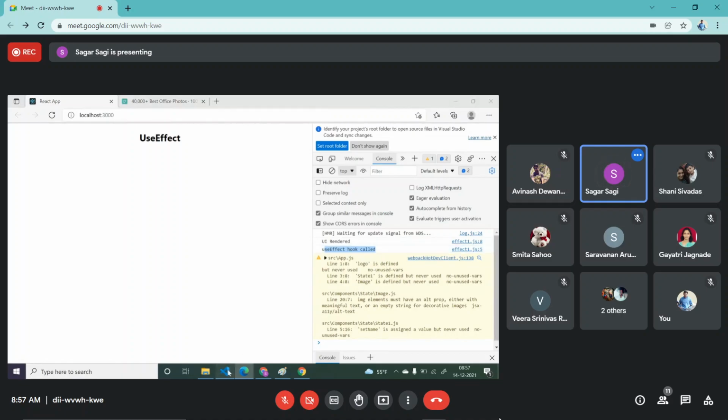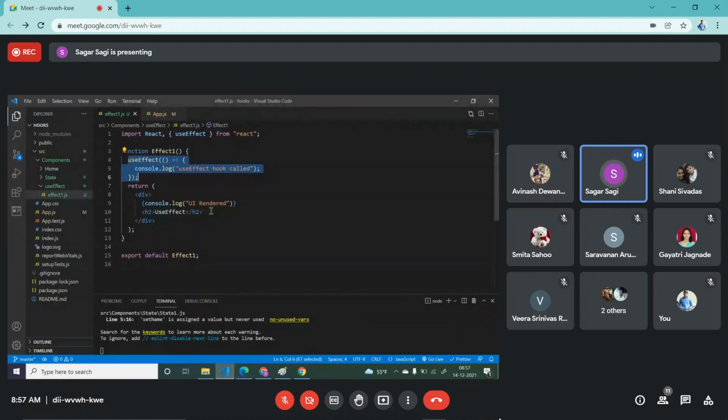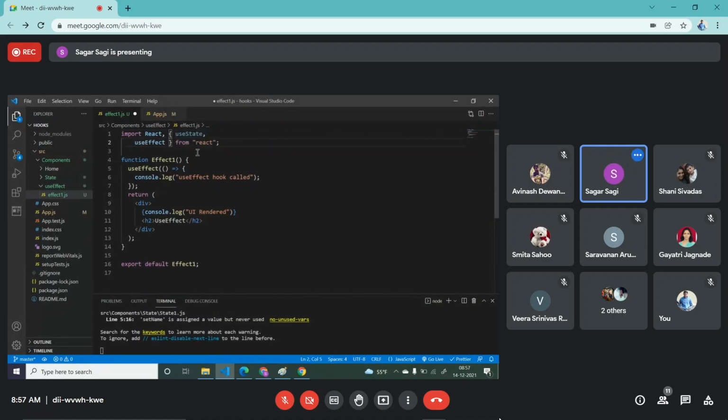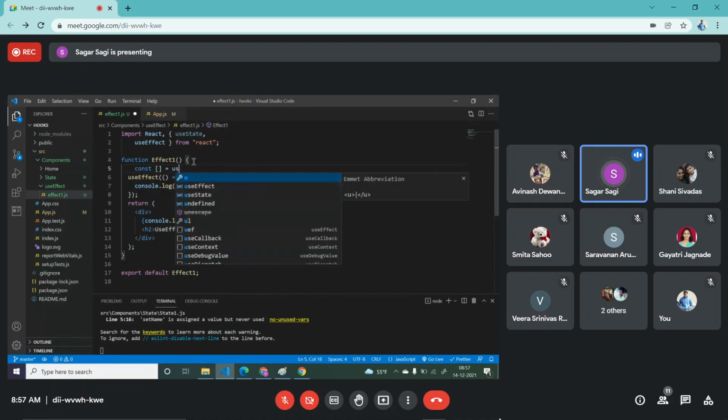Now if I want to maintain certain state, I will just say useState. So I will create one state here: const, equals useState.